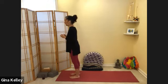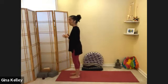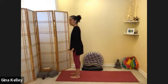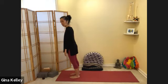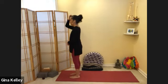Ball of the big toe, ball of the pinky toe, and the heel all get weight distribution. A lot of times we don't put weight in the heel, or maybe vice versa, but it's usually the heel. I usually find we're leaning forward a little bit. See if you can go back and forth now between the heel and the front half of the foot. So you're back here, and then it's the same thing we did earlier. The weight in your foot bones has to change so that you come forward. The ankle joint is free, so it seems like I'm leaning forward a little bit. And then if I just come back into my heels and see the horizon,